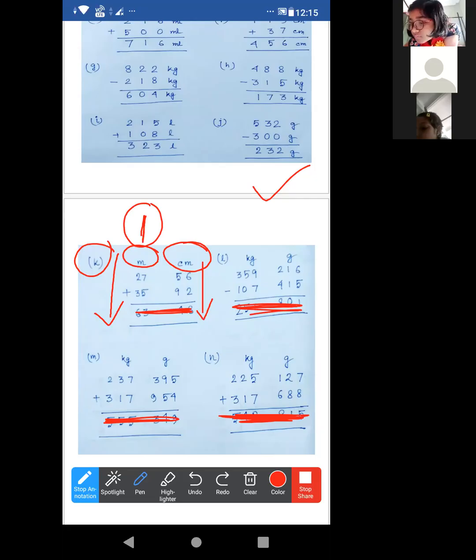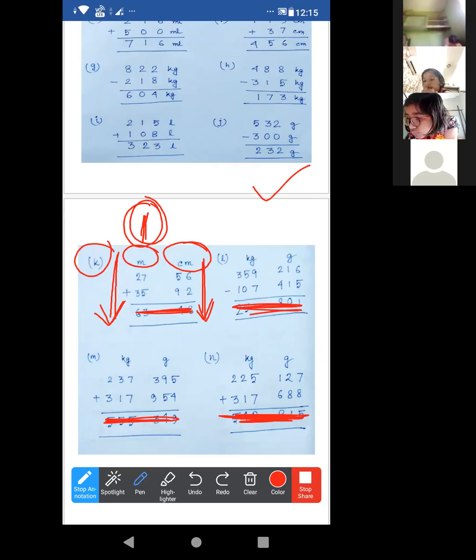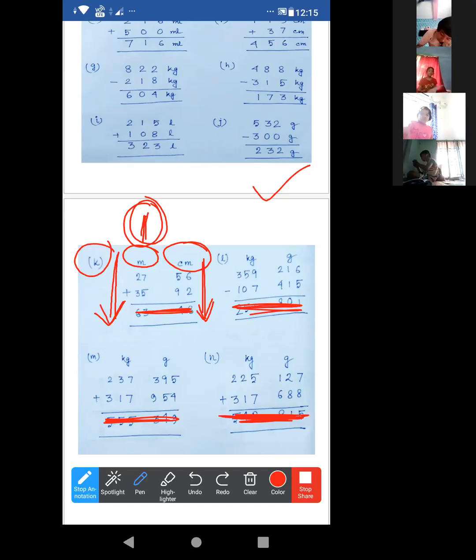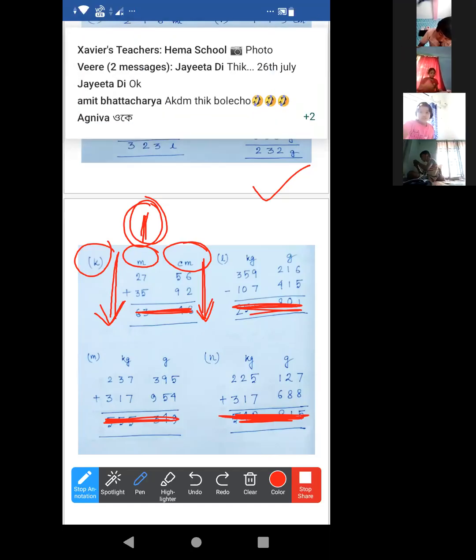At first do the addition of centimeter part. In the normal process, which portion will be carried forward, that will go at meters place. Then normal addition of meter portion. Clear? Is it clear to all of you? Okay, Prakriti, clear? Now just look at this.